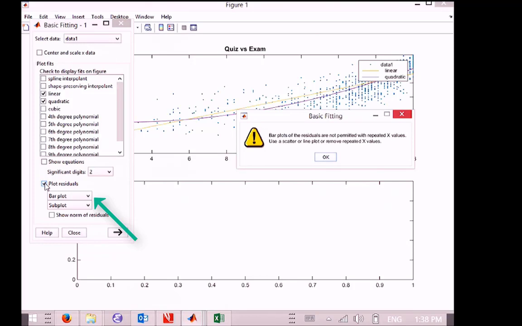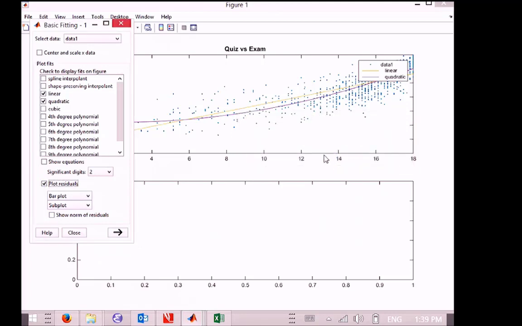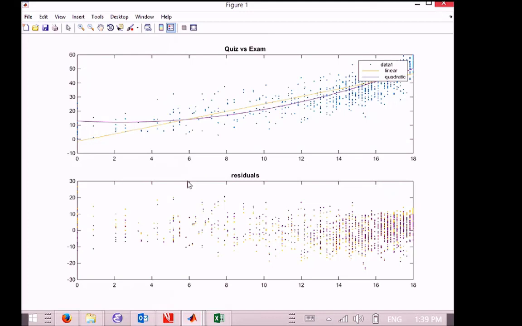Usually, if the plot is a scatter plot, you want the plot of the residuals to be a scatter plot as well. So we just ignore the error here, and we say, oh yeah, I want a scatter plot here. There we go. Now, this is also something that I have a bone to pick with MATLAB. It's a lovely tool, but it could add something to this graph down here that would make it easier to